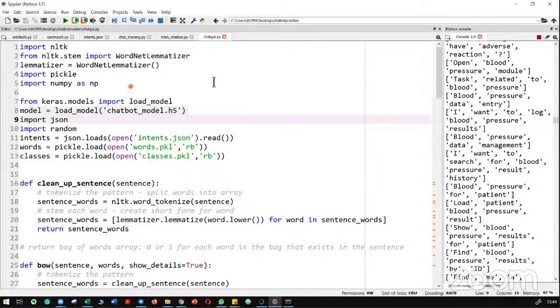Open this and you don't need to modify anything in the code. Just click on run. You need to run chat underscore gui.py, not training. Training you don't need to run. It is already trained. I just showed you the demo. That's it. So once you run chat GUI,